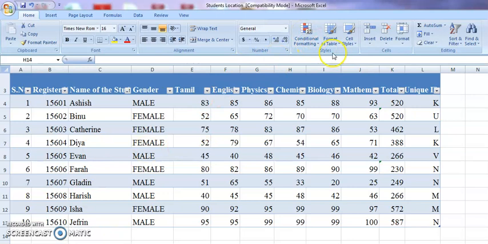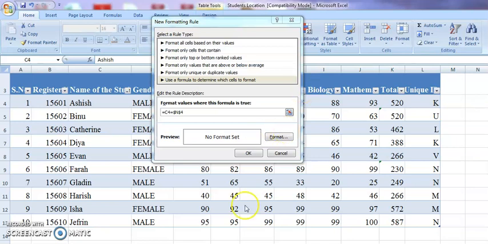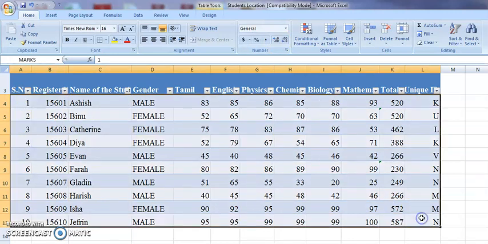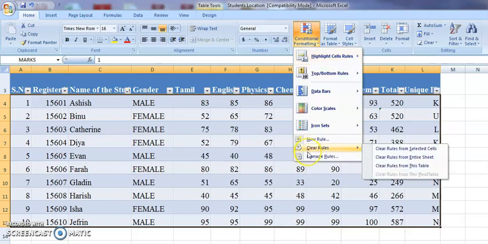For that, what I am going to do is, I am not actually going to select the entire record and then go for highlighting. No, nothing I am going to do. What I am going to do is choose a destination. What destination? A cell as a destination. In that particular cell, whenever I am typing a name of the student, the entire record will be highlighted. Now what has to be done for it? Before that, you have to select the entire data which you have in your table. Go to conditional formatting.